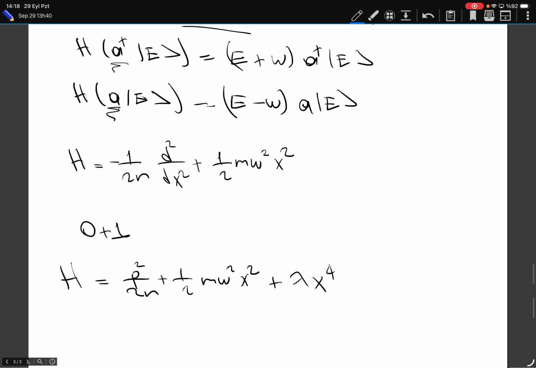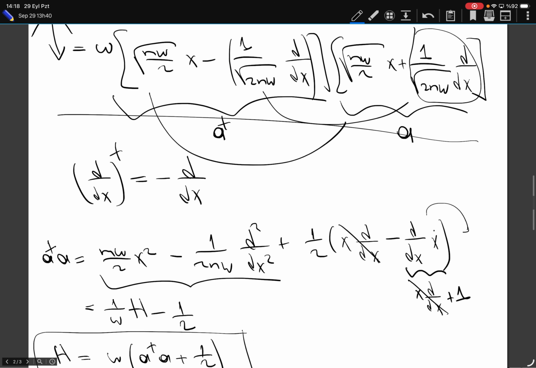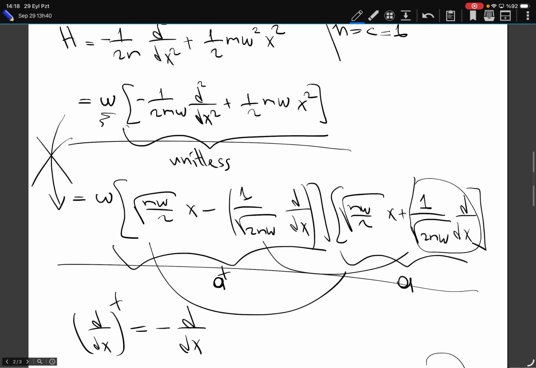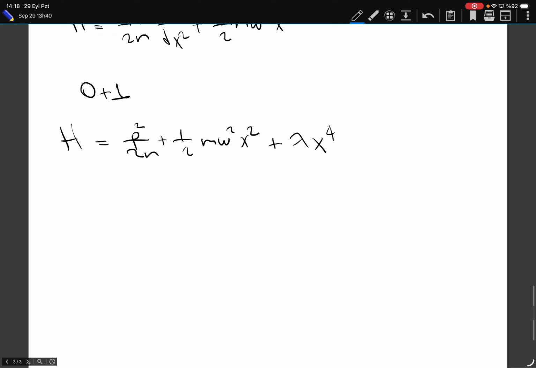So that's why I have the x to the 4. Well, what is x in terms of these annihilation and creation operators? Let me just ignore the coefficients for the time being. If we just add a and a dagger, the derivatives, they just disappear, and I get a term proportional to x with some constant. So in terms of the same a and a daggers, my Hamiltonian becomes